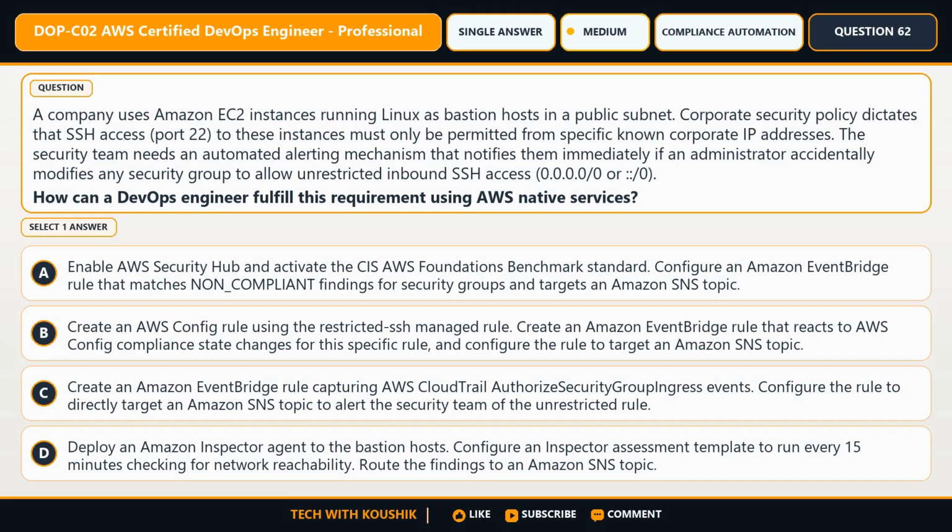Now for question number 62. This question takes us into compliance automation. Consider this situation. A company uses Amazon EC2 instances running Linux as bastion hosts in a public subnet. Corporate security policy dictates that SSH access, port 22, to these instances must only be permitted from specific known corporate